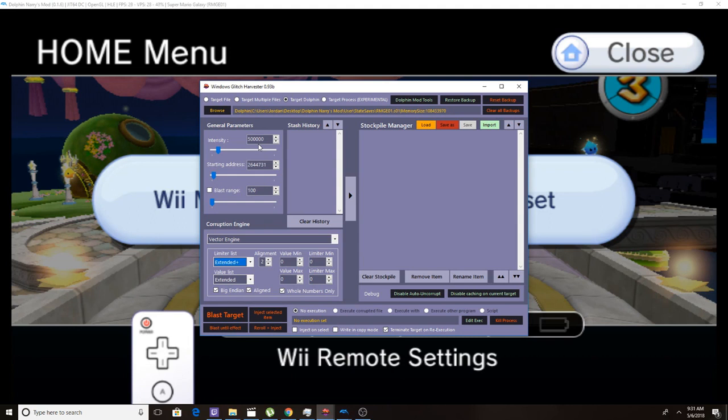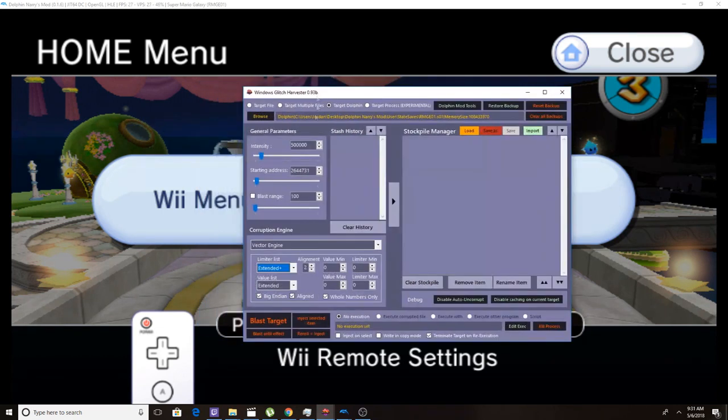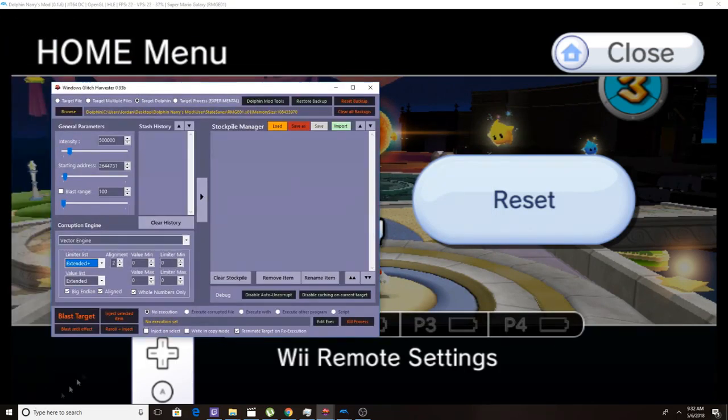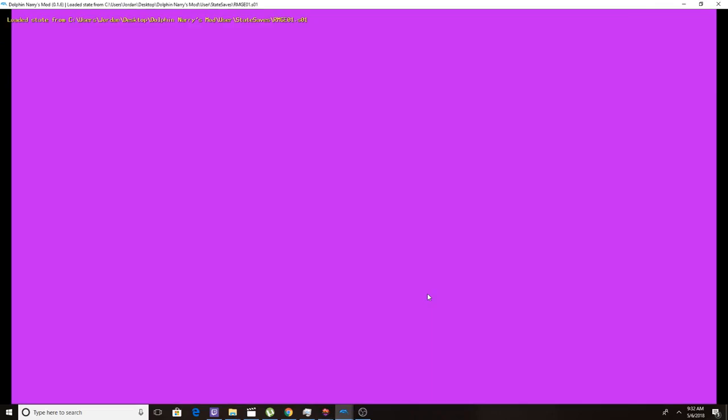You could do something, right now I have it set to 500,000 intensity with a starting address of 2,644,731. Now, one thing I've noticed about the starting address is that playing around with this can really change how the corruptions will be. Will they be more heavily focused on audio? Will they be more heavily focused on graphical? Or maybe something with the momentum of your character messing up? You never know. So what you're just going to do is hit Blast Target, and it'll